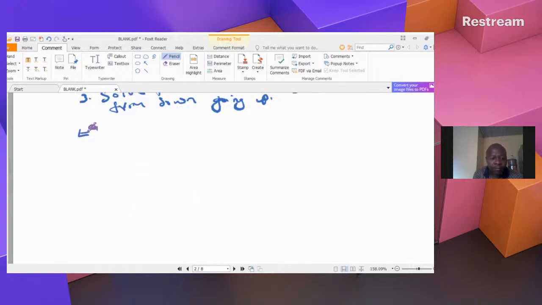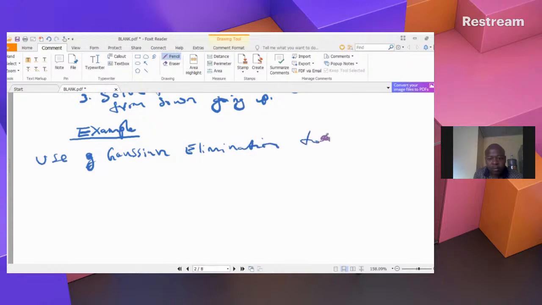The first example: use Gaussian elimination to solve. The system of linear equations that I want us to solve is very simple. I want us to solve 2x plus 3y equals 7, and 4x plus 7y